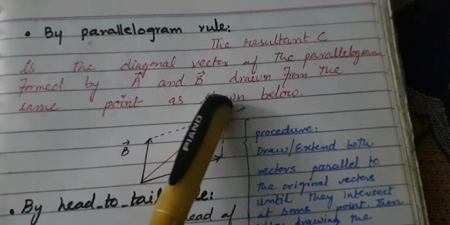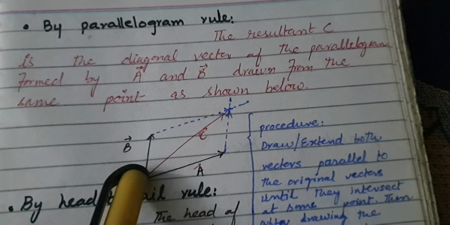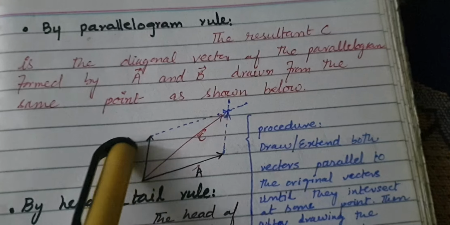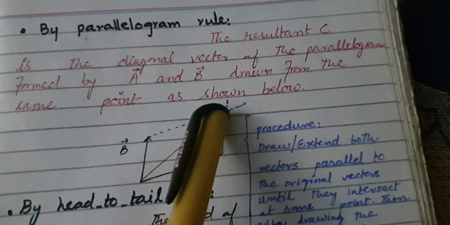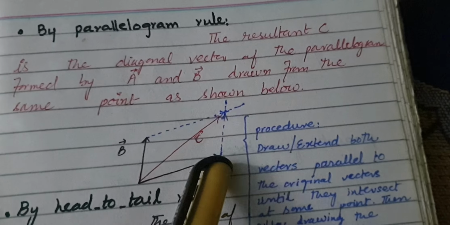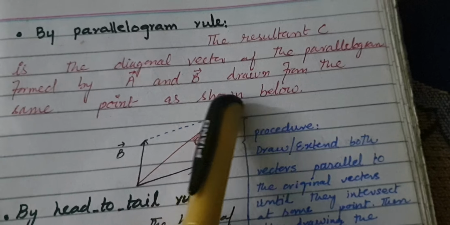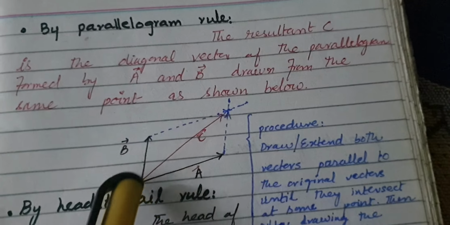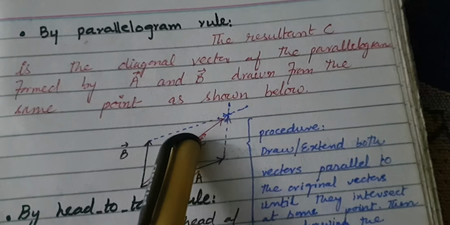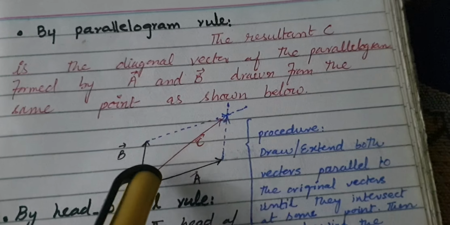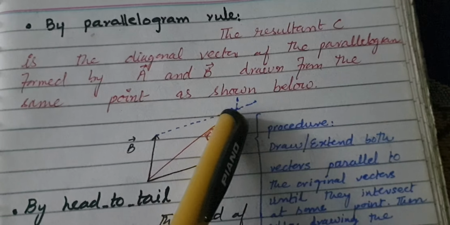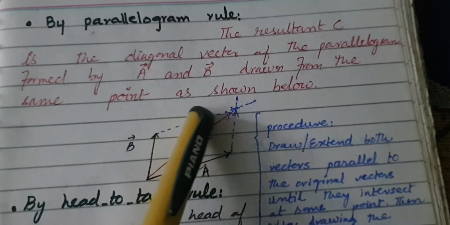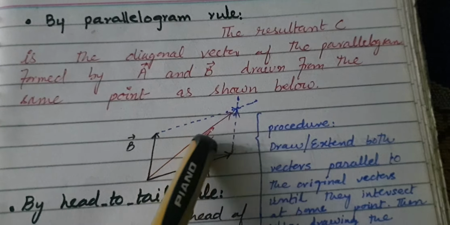Just like in this example, two vectors A and B are pointing in different directions and I want to obtain their resultant vector. So for this, either we can draw the parallel vector of B at the head of A or the parallel vector A at the head of B, and ultimately you will see that the resultant can be obtained by joining the tail of one vector with the head of another vector, and this resultant C is actually equal to A plus B.